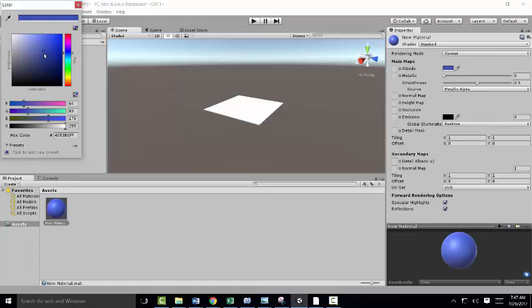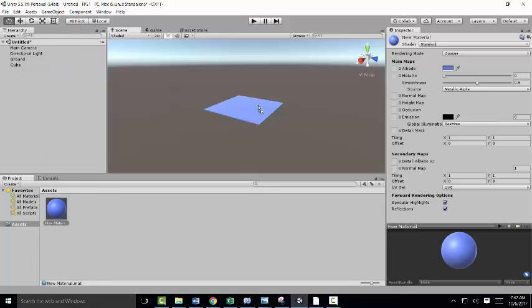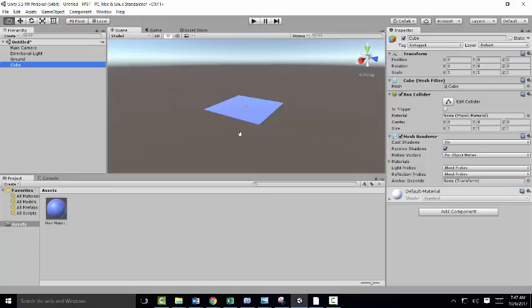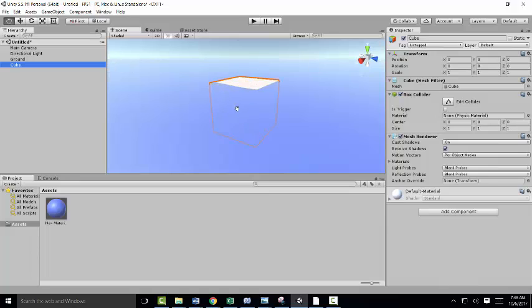Not really blue, is it? Something like that looks good. Drag it out, I've got my blue there. Now my cube, I'm going to again double click on it. You can see it's sitting under the ground, and I want it to move an exact measurement, so I'm going to